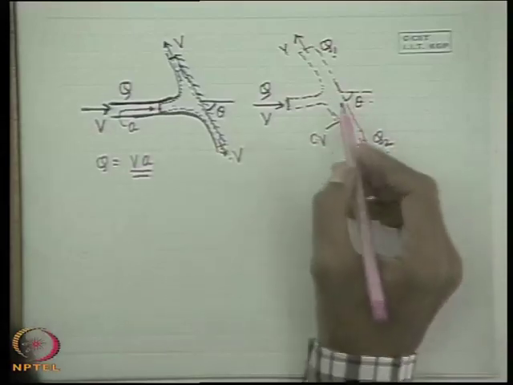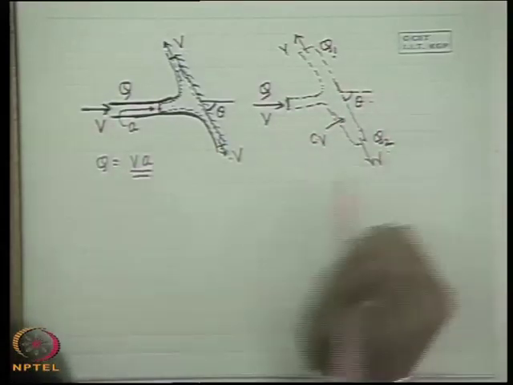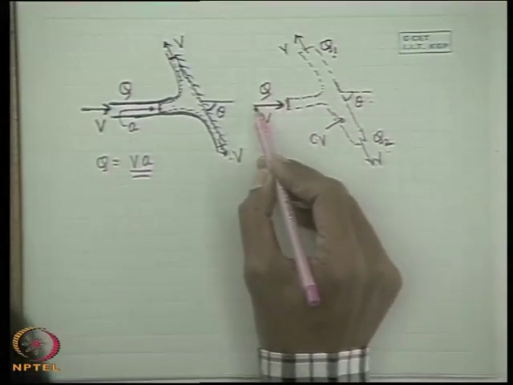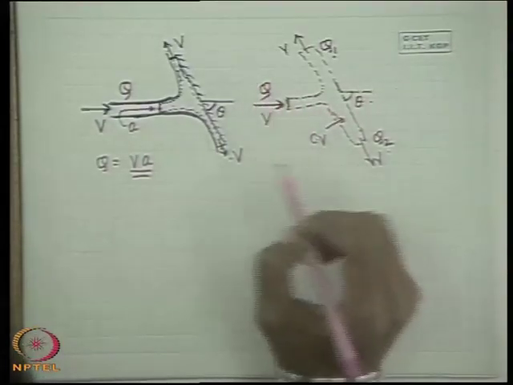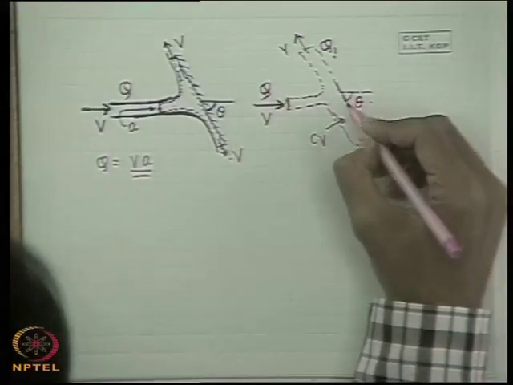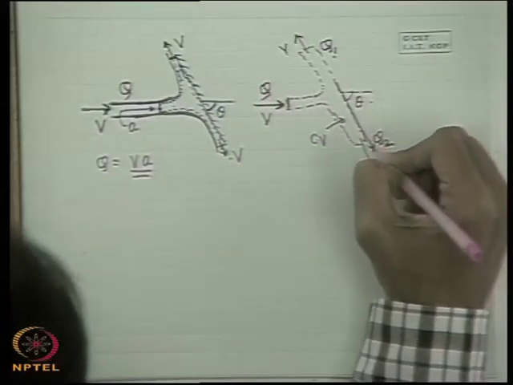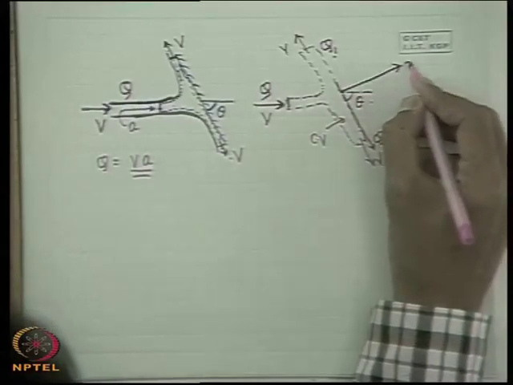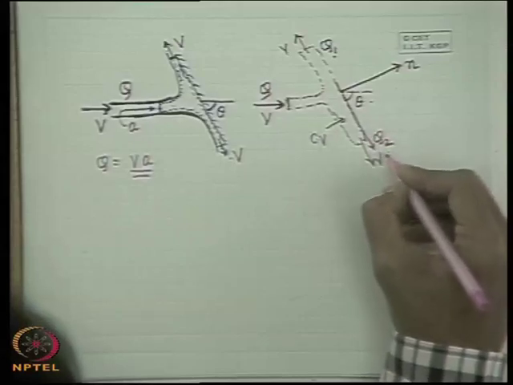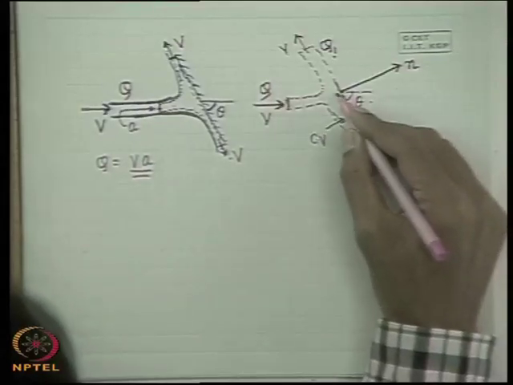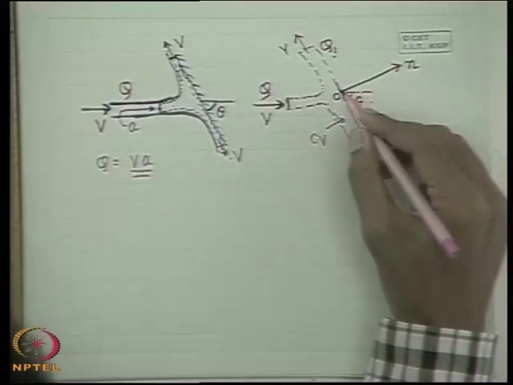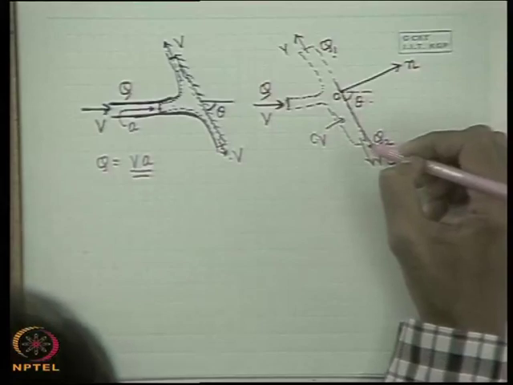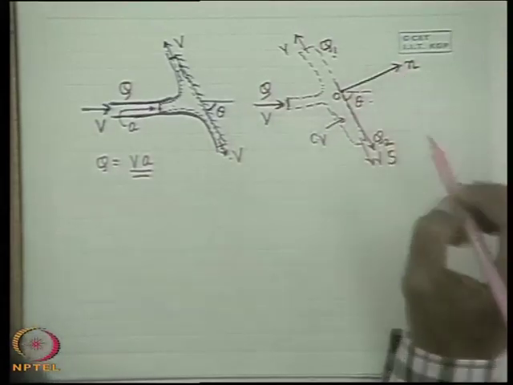Now, our next step is to choose the reference axis. Here one trick is there: the reference axis is not chosen parallel to the incoming jet velocity and perpendicular to that. Rather, it is chosen parallel to the plate, that means this direction, and perpendicular to that. So, this axis is n, for example, and this I write as s, with origin O at any point here. OS and ON are the reference axes, and let this direction be positive for the S axis, and ON is perpendicular.